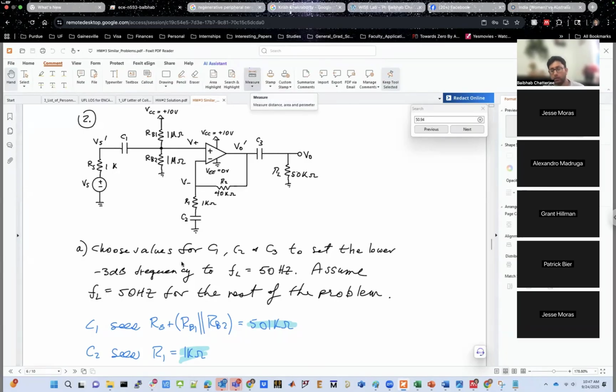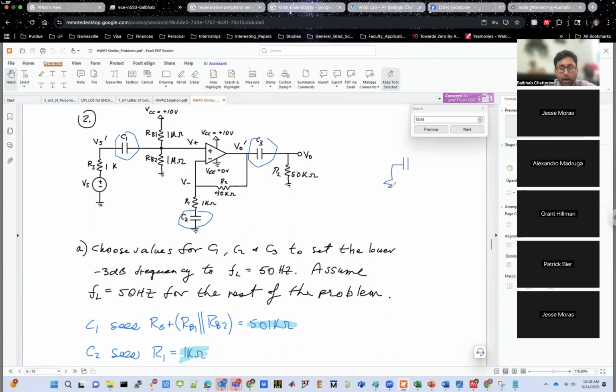All right. And what we also discussed at the end of the last lecture is how to analyze these three poles. The way to do that is to consider each of these capacitors one by one. Consider each one of them separately and see how much resistance is associated with the capacitor. And 1 upon RC will give you the value of the pole, right? So if you consider C1,